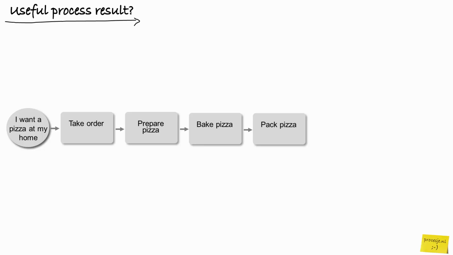So we need something else to do, for example, pack it, and then the pizza is packed. Is this a useful result? Could be, for example, for the takeaway process where people pick their own pizza up, but we talked about customers that had a problem of not being able to leave the home. So for them, this is not a useful result yet. So we have to continue with deliver pizza, and finally the pizza is delivered, which is in this case the result we want. So these kinds of very simple tricks, continuously asking, is this a useful result? Helps you to understand, let's call it the boundaries of your process. And yeah, that's what I do a lot.